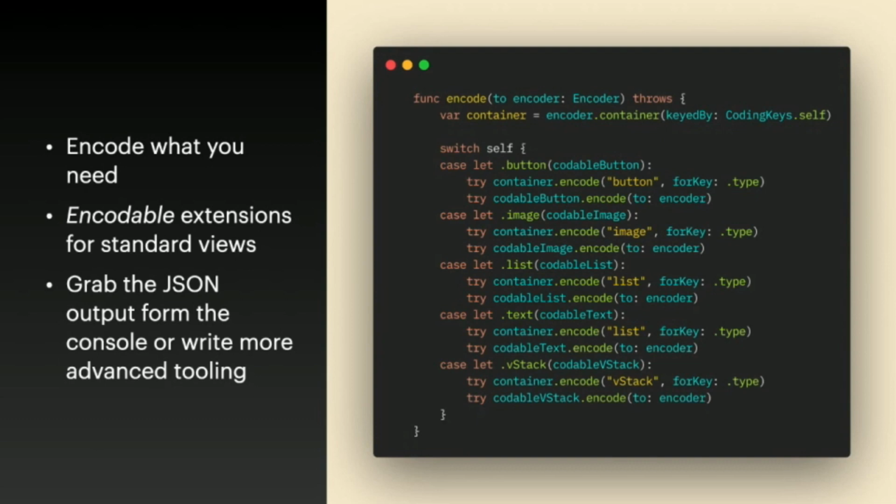That can go as far as encoding your codable structures, right? So your codable views that we've looked at earlier, or it can go as far as adding extensions to the SwiftUI view types that Apple gives us, which I've done many times. Sometimes you have the problem that a property that you might need to access is private and you don't see it, which is a big issue sometimes when you're implementing the Encodable.